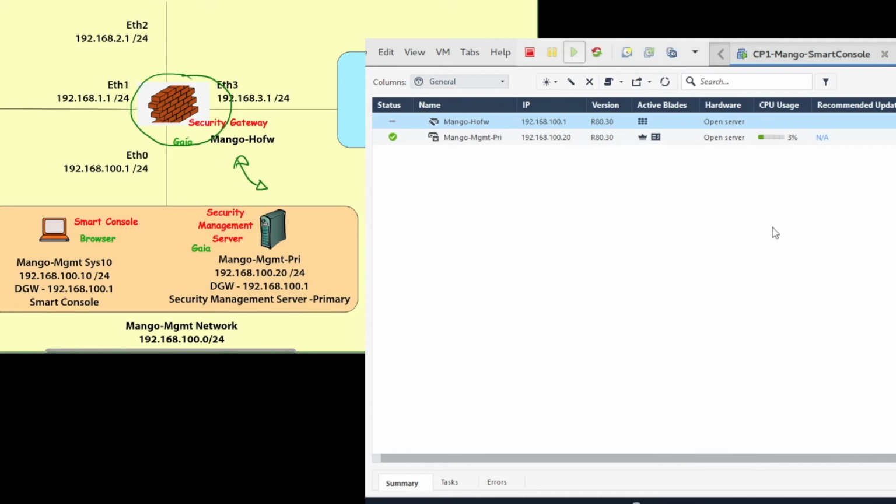Now let us give some policy to the firewall and see whether the firewall is really blocking or allowing the packets. So I go to security policies.